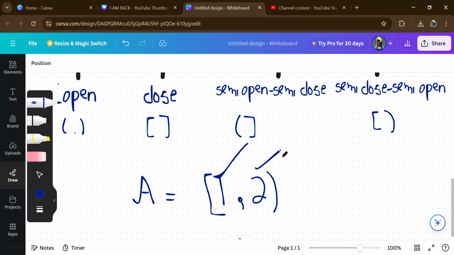This was the whole introduction of the semi-open, semi-closed and open and closed intervals, and I hope that you get it,